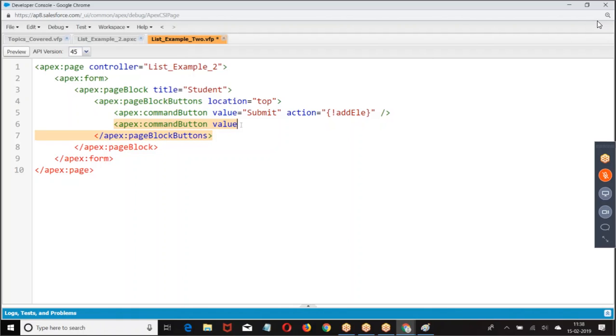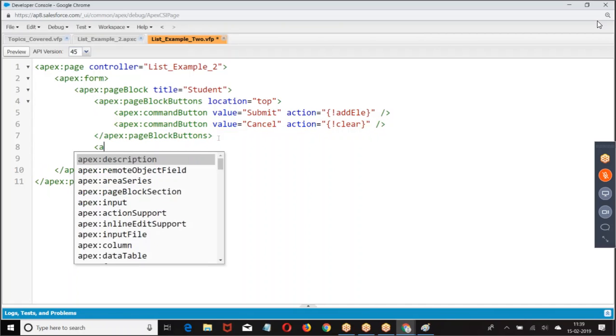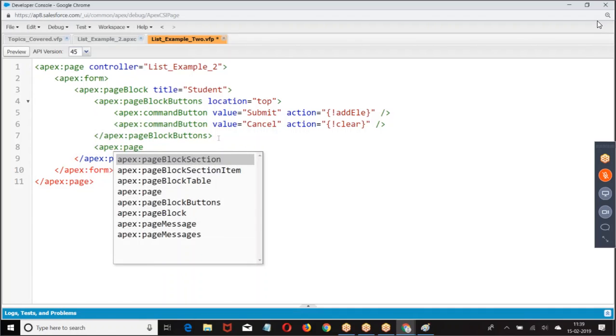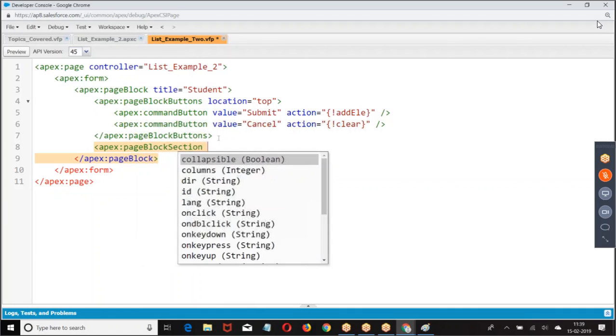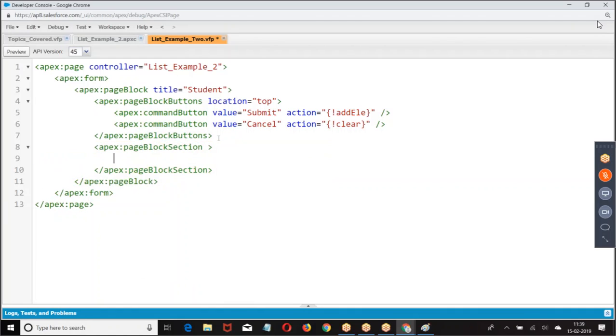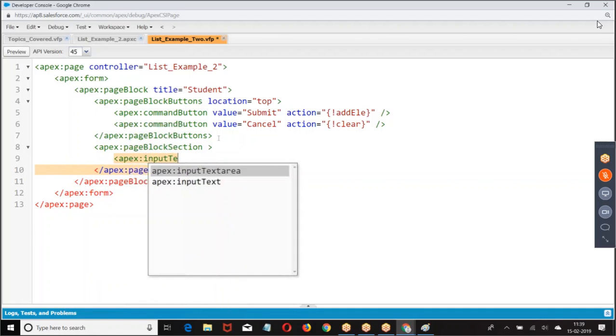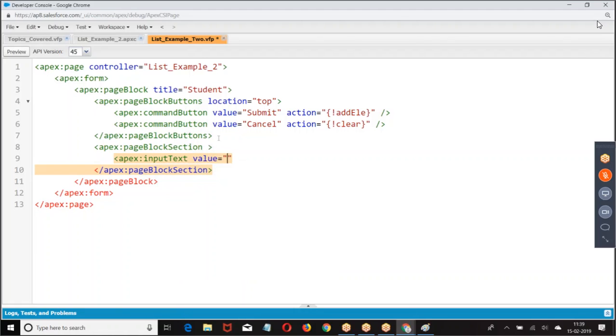Command button. Then again, I'm going with page block section. Then what is that? std dot.